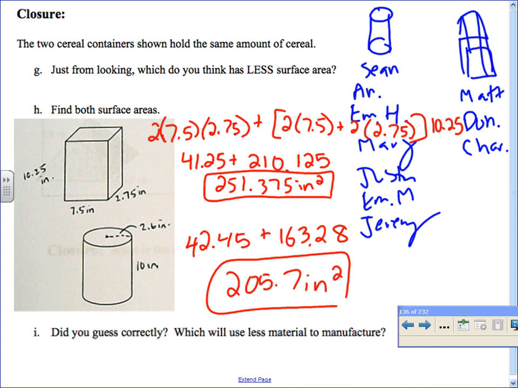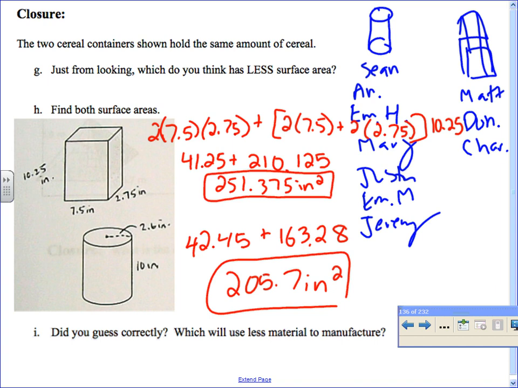Okay, so the one that held less was the cylinder. Okay, and there were 1, 2, 3, 4, 5, 6, 7 of you that voted that said you would think the cylinder would hold less. That is true. Would you say? Well, it says that. Correct, correct. So why do you guys think